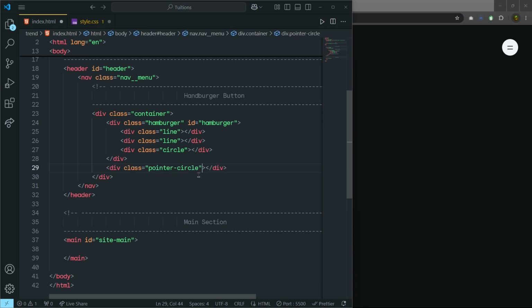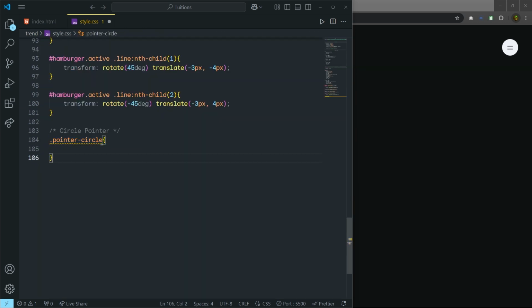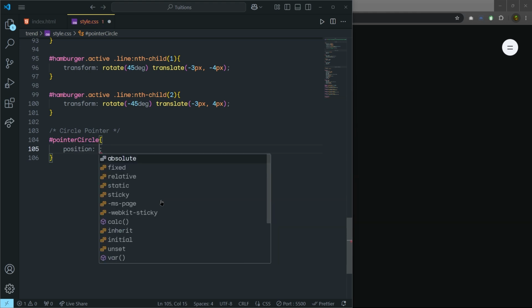circle. Now that's up to you. You can specify an ID here as well. The ID is going to be pointer circle. That's it. Save the changes, back to the style.css, and instead of class, let me use ID here, pointer circle. Just like this. Save this file, back to the style, and here you have to first specify position, which is